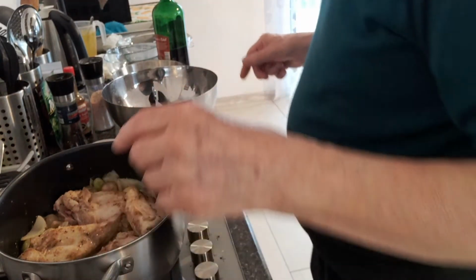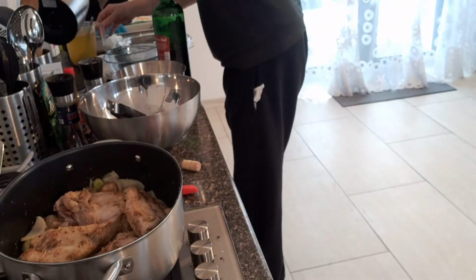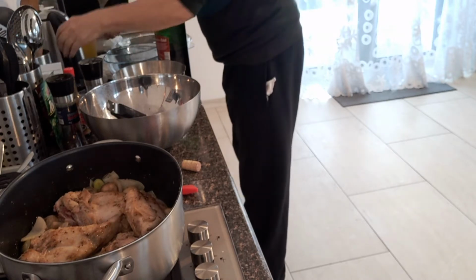I'm now going to put the chicken stock in, top it up to 1 litre of chicken stock. Now, this is basically,